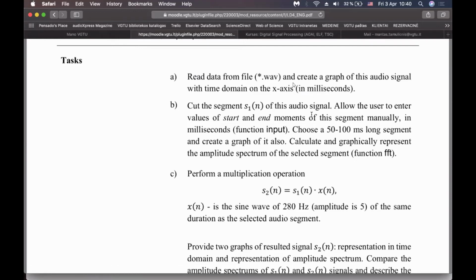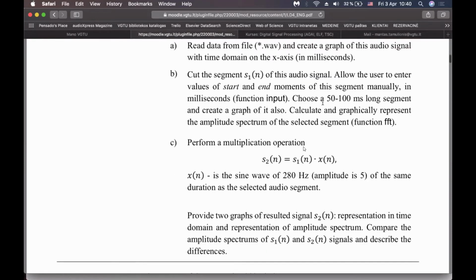Tasks. A lot of people later need to graphically represent the amplitude spectrum. So now it's a new thing, and it's the main thing of this laboratory work. You need to use the function FFT. So it means that you can